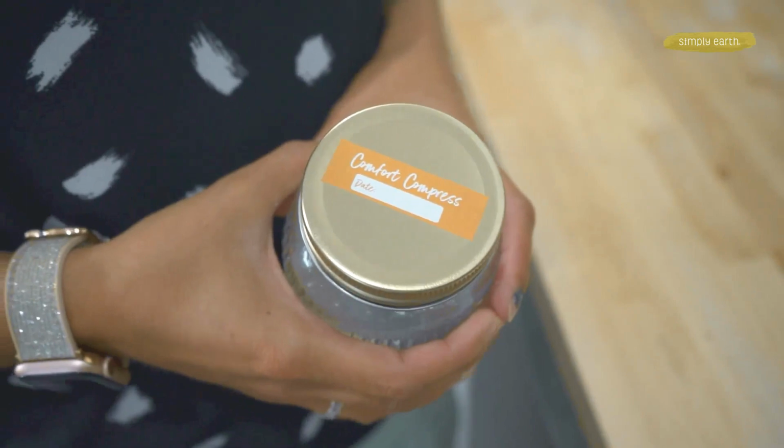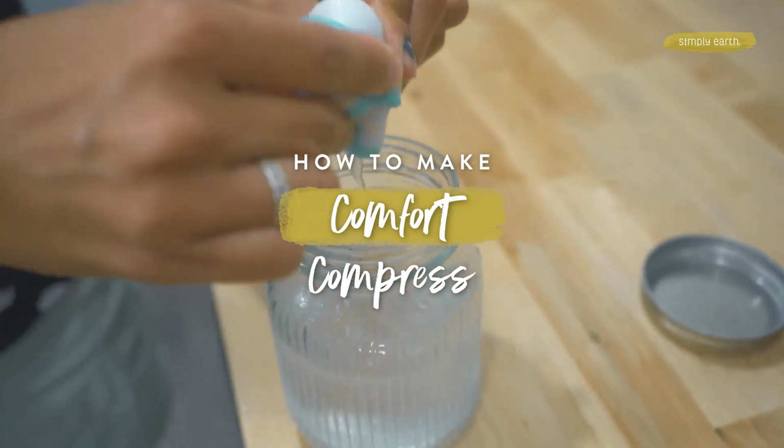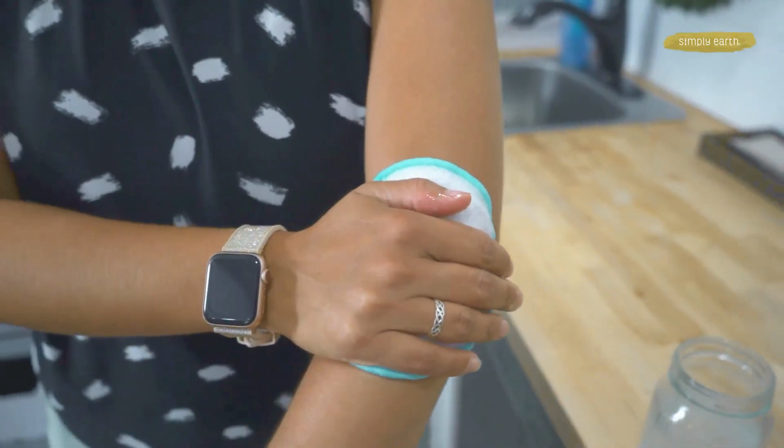Are you wanting to use essential oils to support your wellness but aren't sure where to start? Then you are going to love this Comfort Compress. It's a compress that you can use to help comfort tired muscles. With this recipe, you'll go from confused and overwhelmed with essential oils to using them with confidence and clarity to